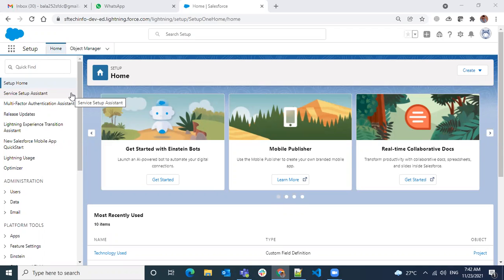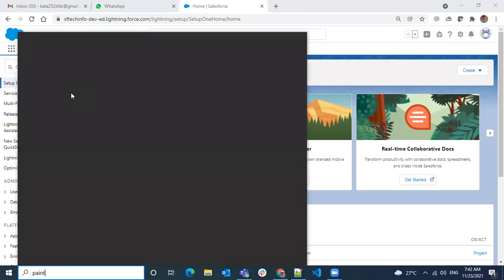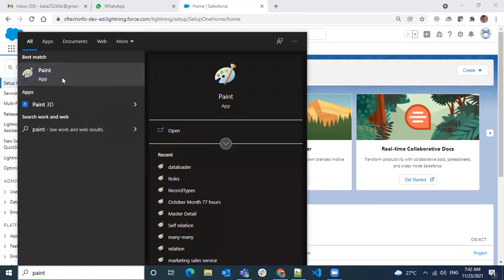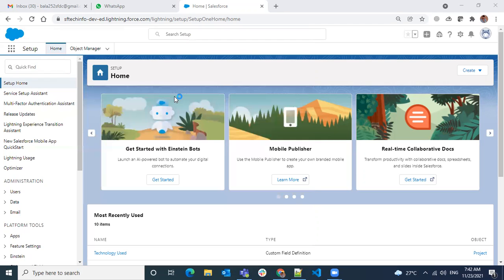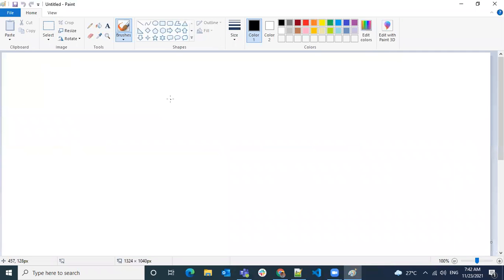But when you want to create a record, what do we have to do? If it's primitive data types, like text, number, or checkbox, which are not dependent on any other record and where you can give input directly, those are fine. But if you want to have lookups to some other objects,